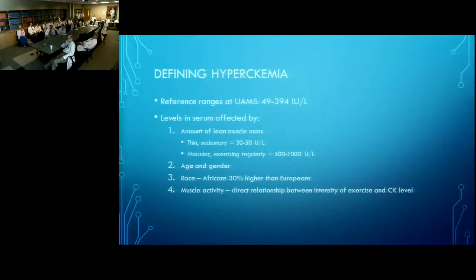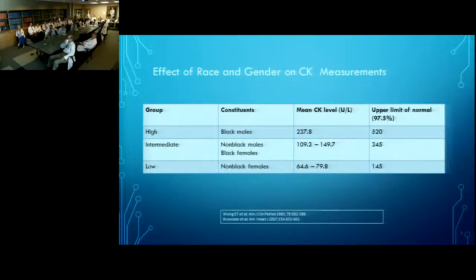And muscle activity can also directly influence the CK level in the serum. So several groups have looked into what the normal range is based on specific gender and race factors, and they've discovered that these numbers, the mean CK levels, come from an older study done in the 1980s,